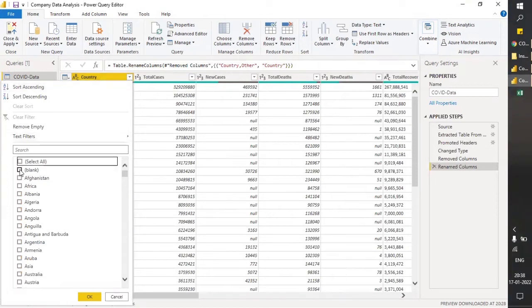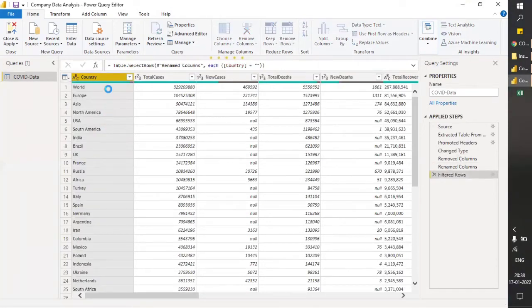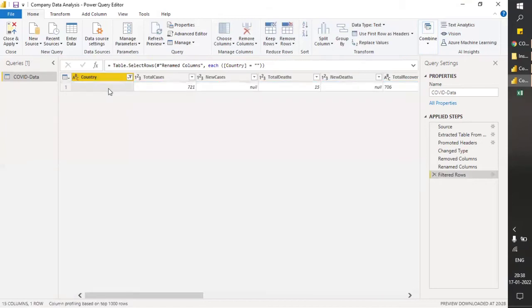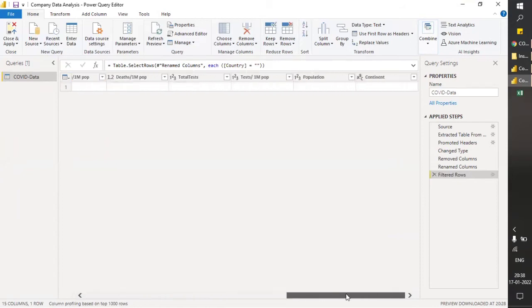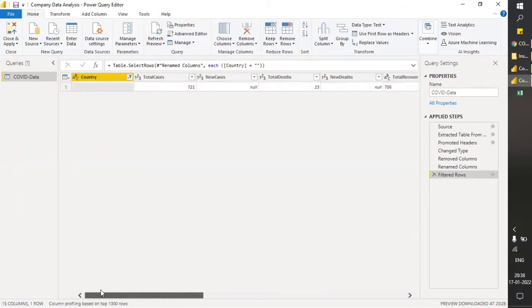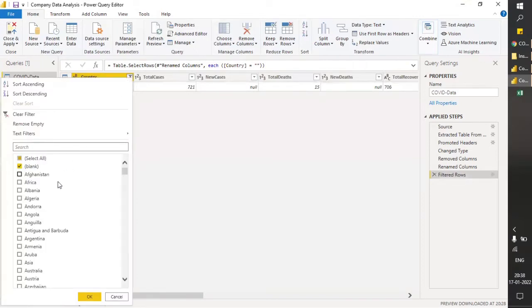Let's see what this blank is. I believe one blank is there which is not listed in any, so we have to exclude this as well. So just uncheck all those elements which you don't want to load.